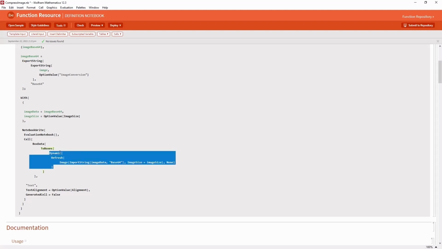Note that Dynamic only activates when it is shown in the front end. So the image is shown only when the notebook is open, and whenever the notebook is closed, the image is stored in an encoded form.